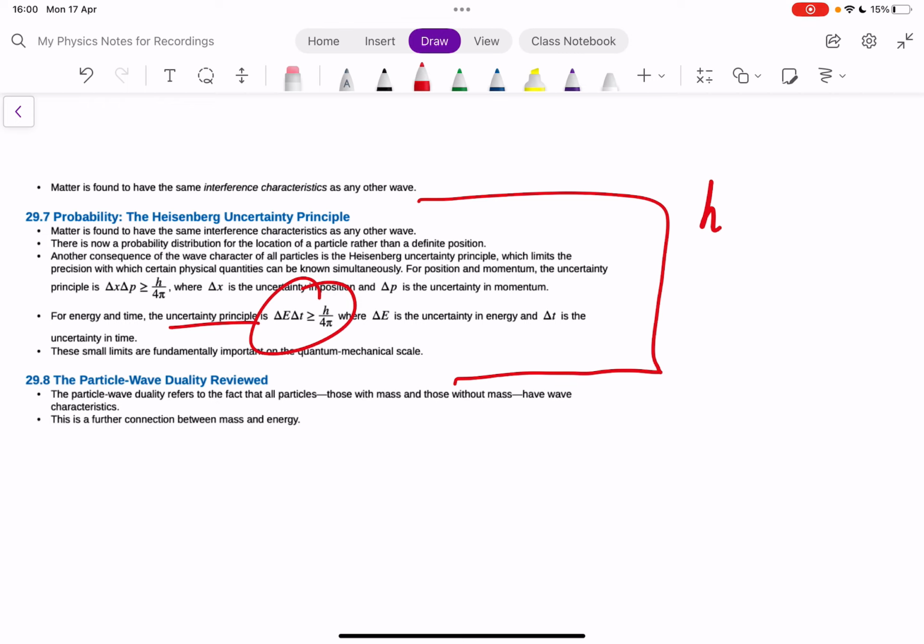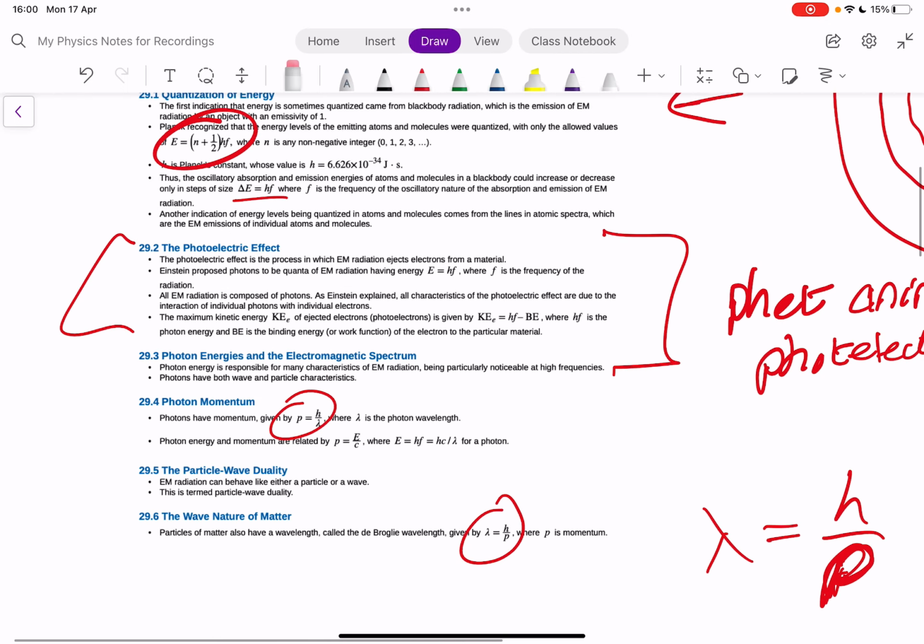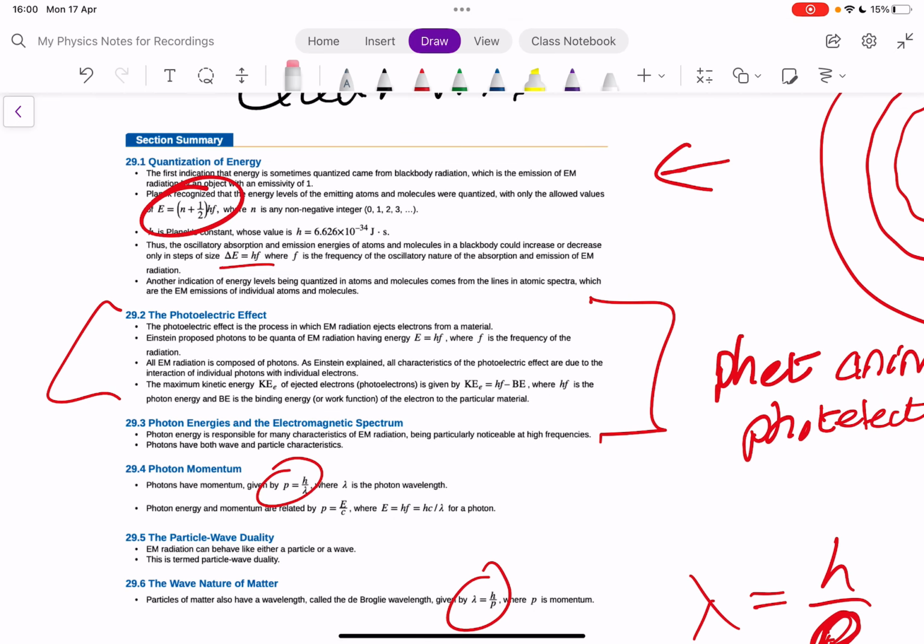So this doesn't really go horrendously far down any complicated road, but it really does open the door to stuff that you would end up studying in the future. So you've got quite an interesting little set of topics to discuss, but it does take a little bit of getting your head around, and it is worth spending your time on the idea of the photoelectric effect so that you understand what quantum physics is actually all about, and then the rest of it will start to fall into place.